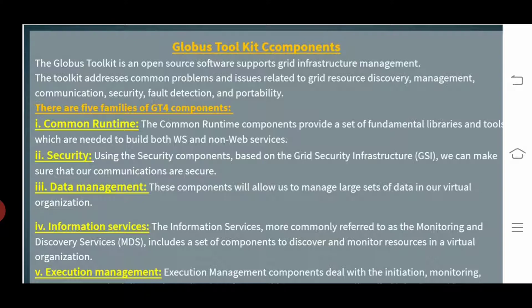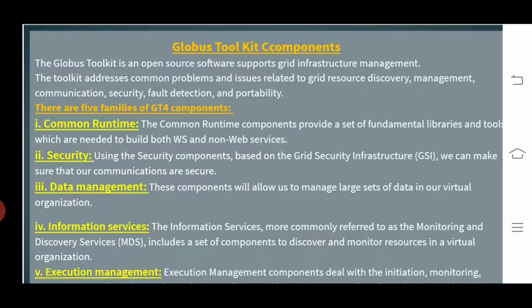And coming to the third one, data management. These components allow us to manage large sets of data in our virtual organization.